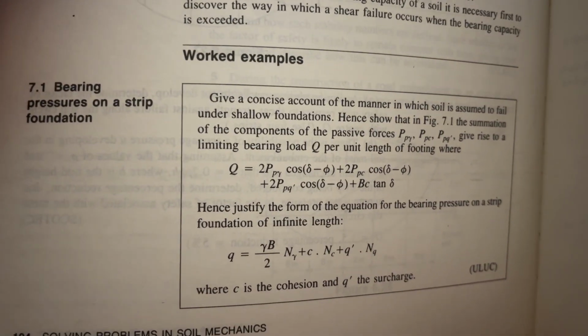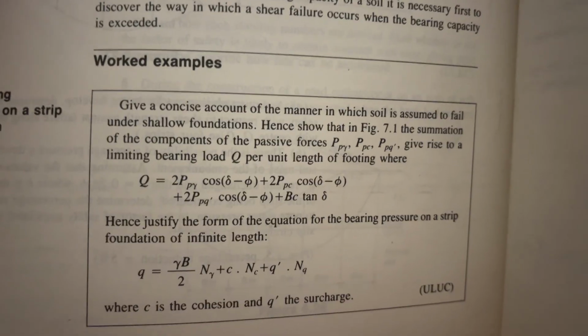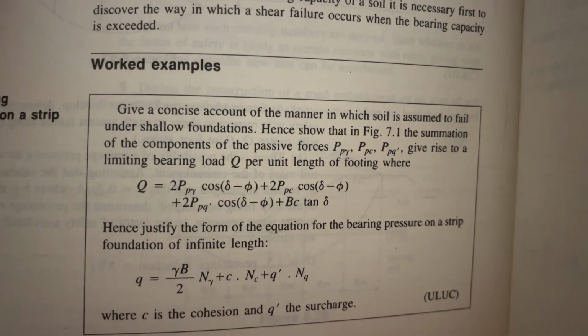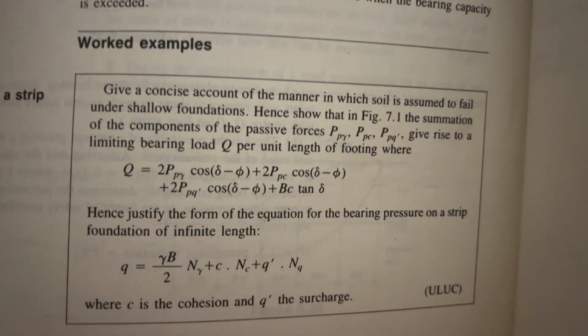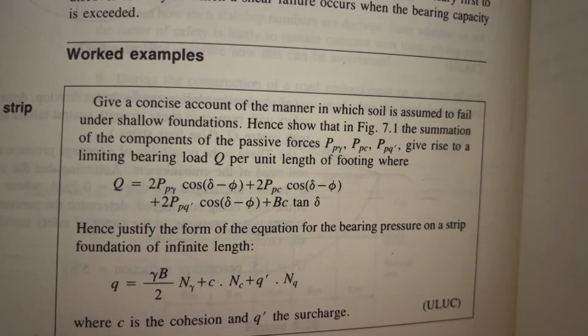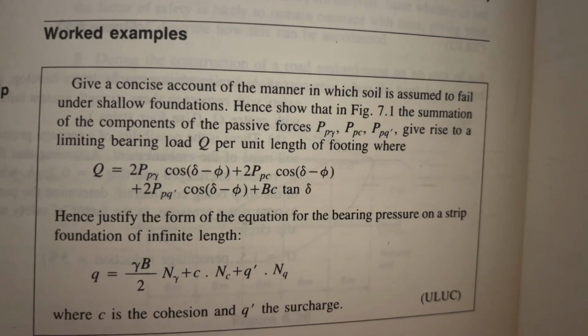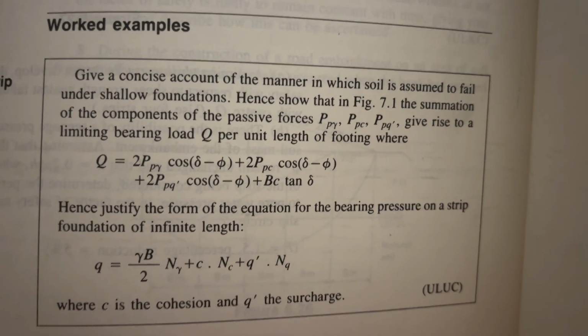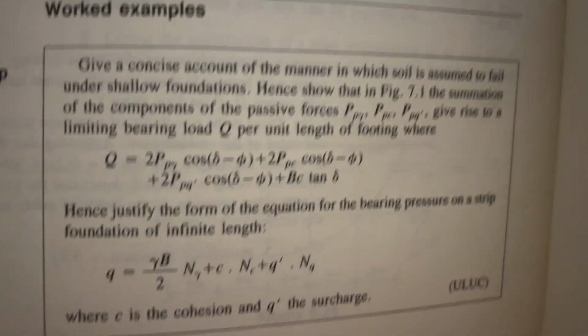Bearing pressures on a strip foundation, worked example. Give a concise account of the manner in which soil is assumed to fail under shallow foundations. Hence show that in figure 7.1, which I'll show in a minute, the summation of the components of the passive forces P_γ, P_pc and P_pq' give rise to a limited bearing load Q per unit length of footing, where